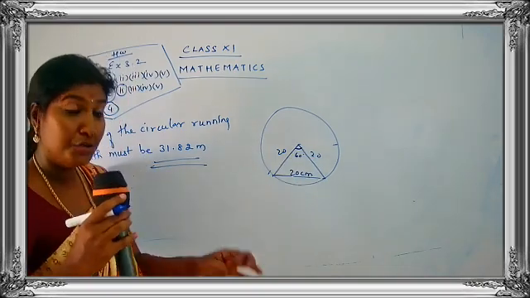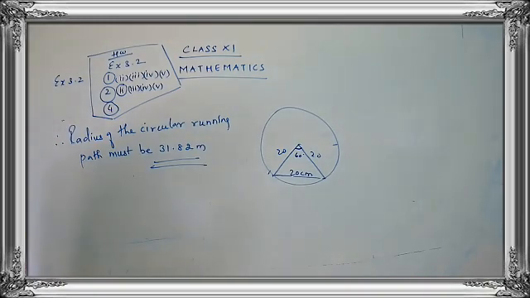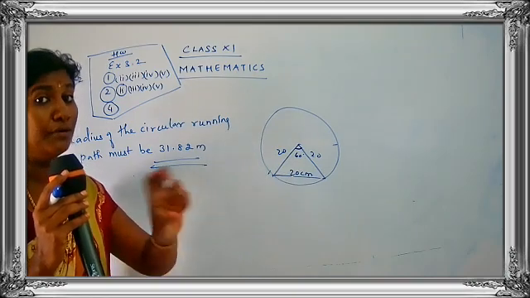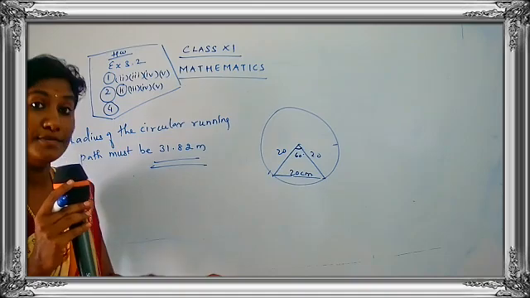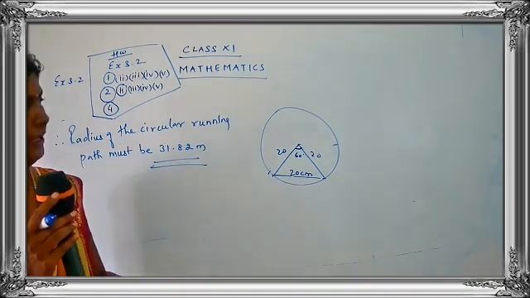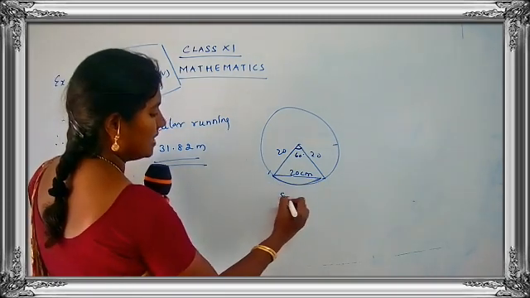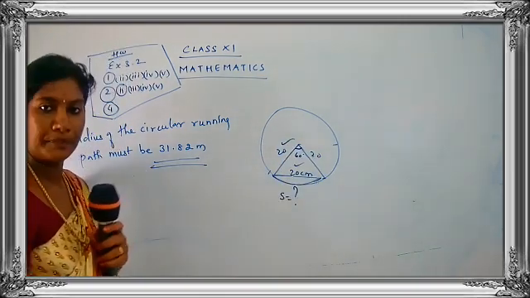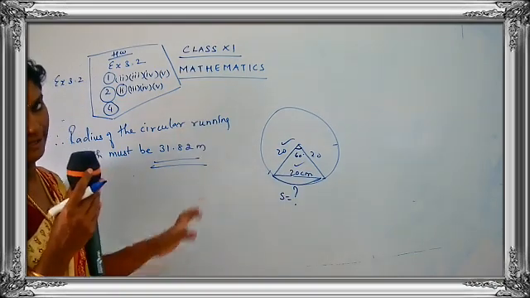So what you have here? You have got the value for R, you got the value for theta. What is the value for theta? You have here 60, but the answer is in terms of degree. I have told you that do not keep the value for angle in terms of degree. You have to write the angle in terms of radian. So you know how to multiply. Just multiply by pi by 180 and get the answer. Very simple. S is equal to R theta. R is given, theta is given. Are you clear, children? Very simple. Just draw the figure, apply the formula and get the answer.